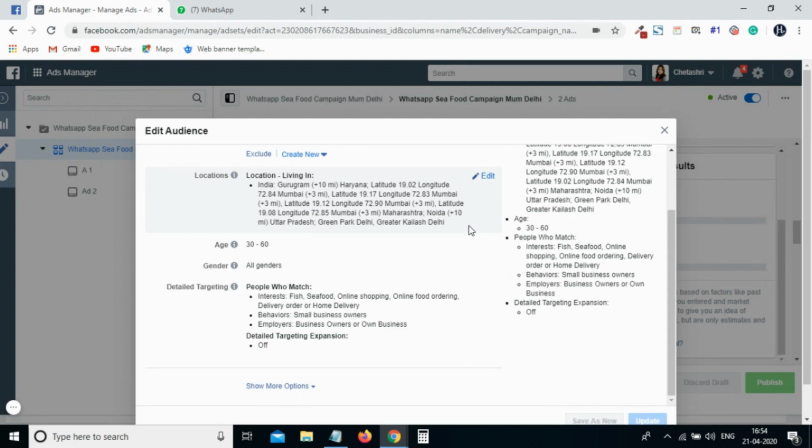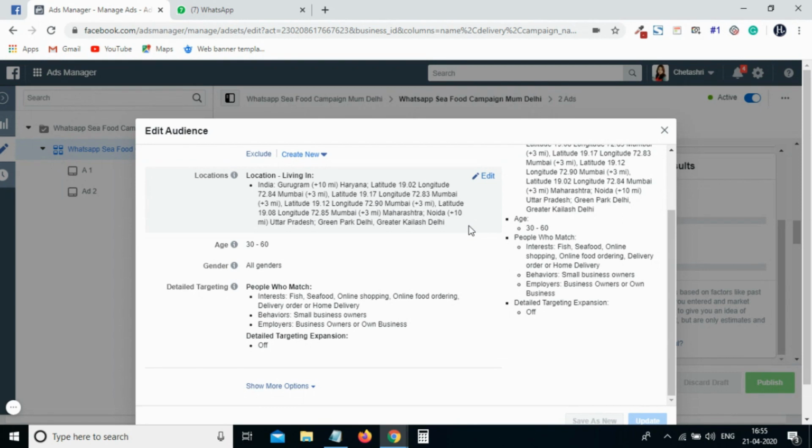Right now middle class people are not going to spend their money on fish or on online orders. Only people who have a high income source can spend their pockets on buying fish products in bulk amounts. So we need the rich audience to see our campaign.